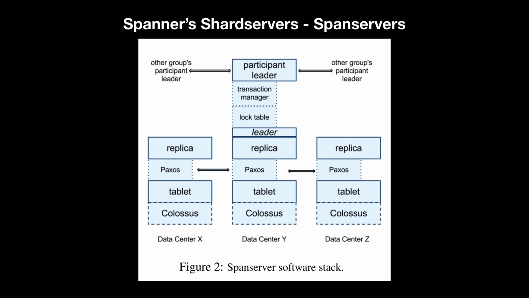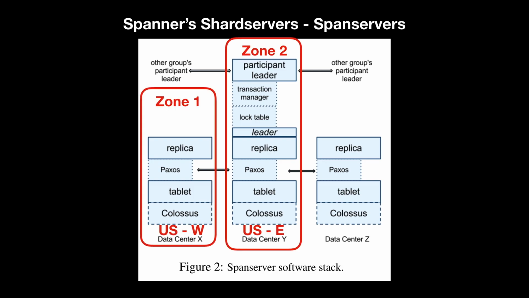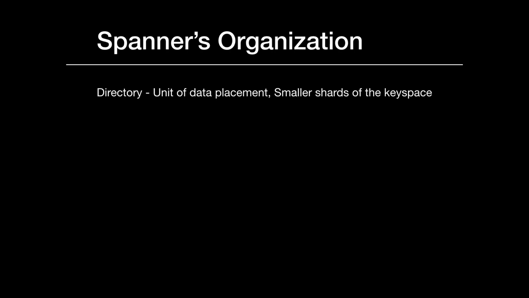And so to illustrate what a zone is, it's as simple as where each of the replicas in a replica group resides. So in this picture, to illustrate, we can have these two zones be in the same data center, so US East, and this zone could be in a separate data center, but each of these zones and the spanservers in them makes up a replica group. And Spanner also